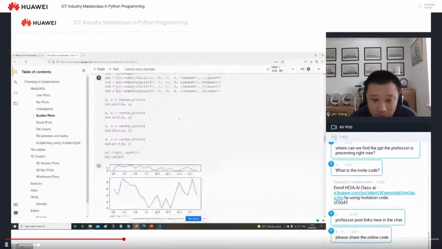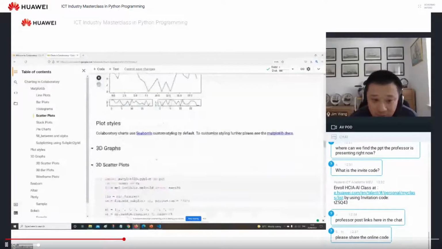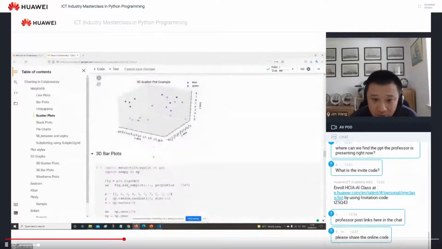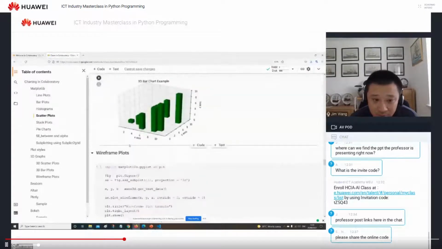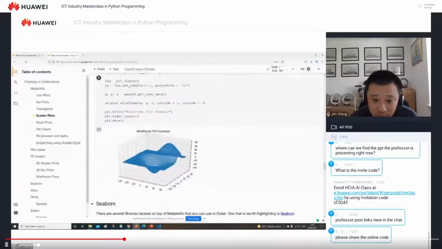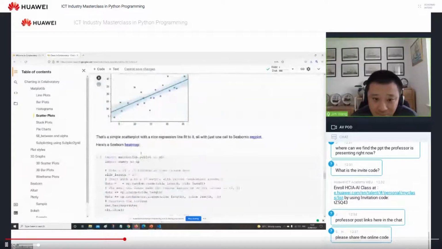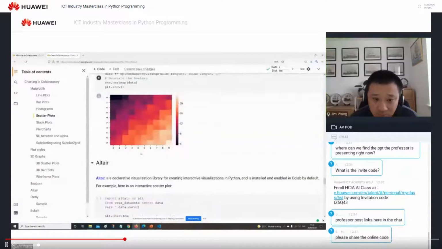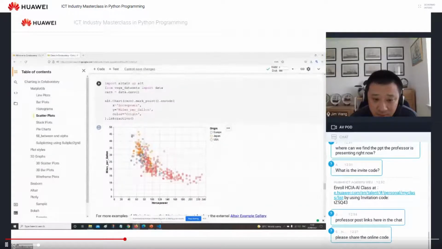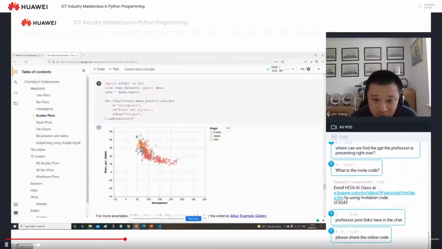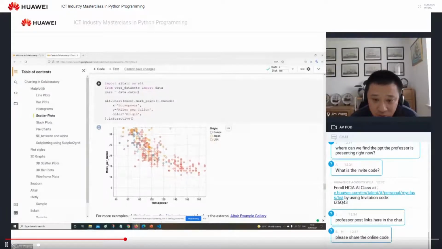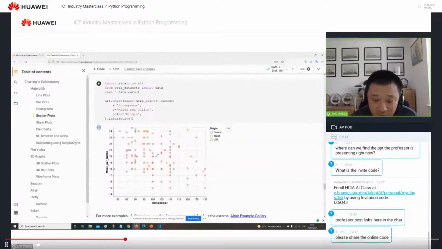Yeah, there's lots of examples you could learn yourself. There are 3D examples, 3D bar, for example, the wireframe plot. Yeah, that's more advanced stuff. And those cluster charts, etc. You can even zoom in, zoom out. You see,